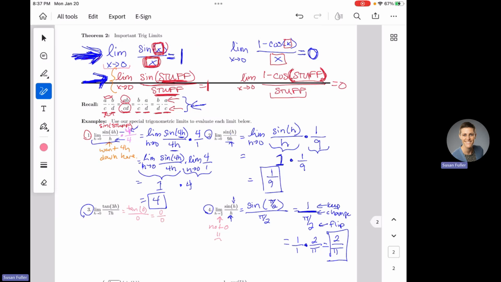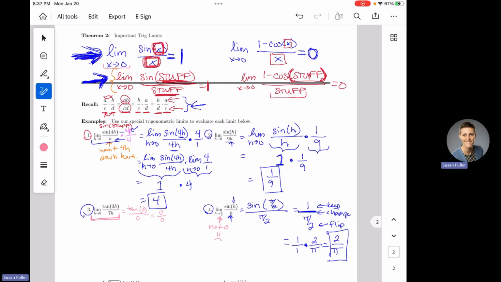Okay, so I'm at a hole. I am at an indeterminate form. I need to come back and I need to algebra my heart out, right? That's what we learned in section 2.5. We're not just going to lose that training that we have. We're going to follow that training. We're not going to panic. We're going to follow our training. So we're going to come back here and we are going to algebra our hearts out.